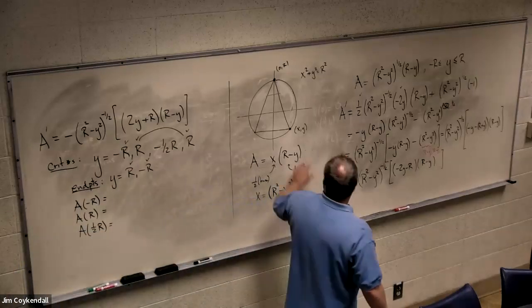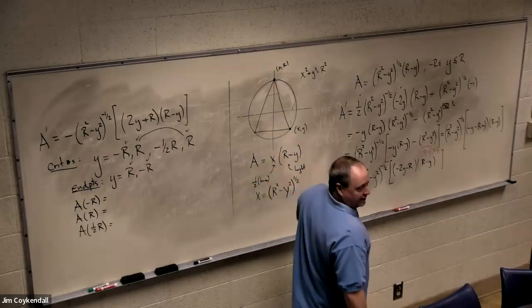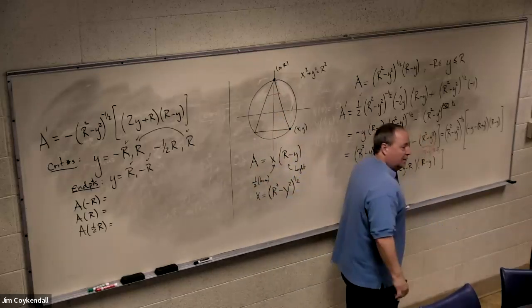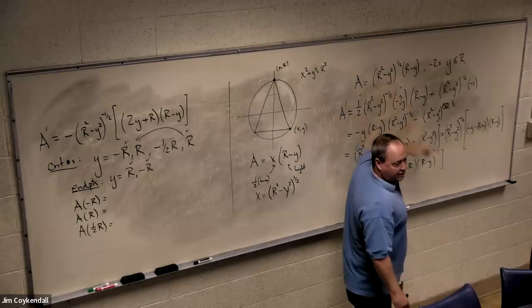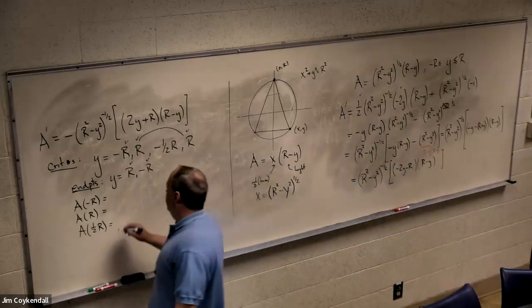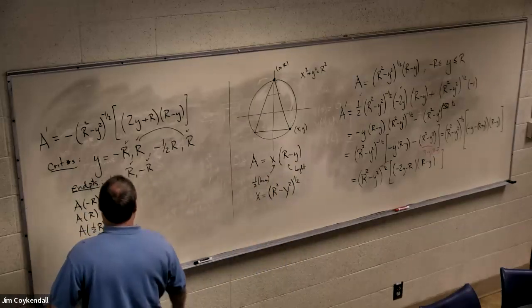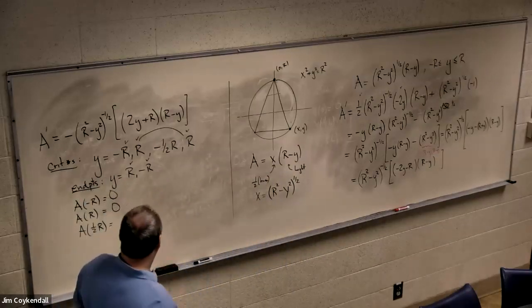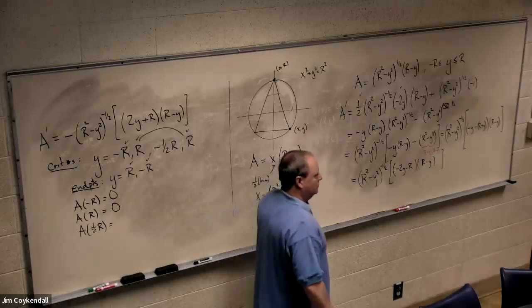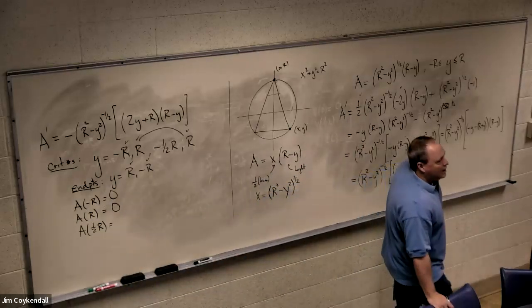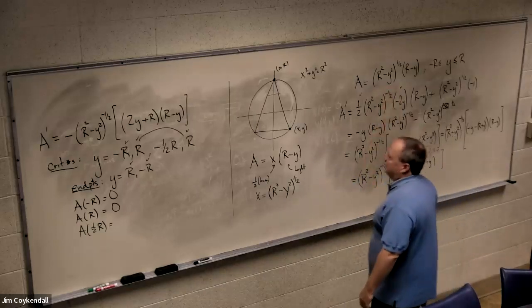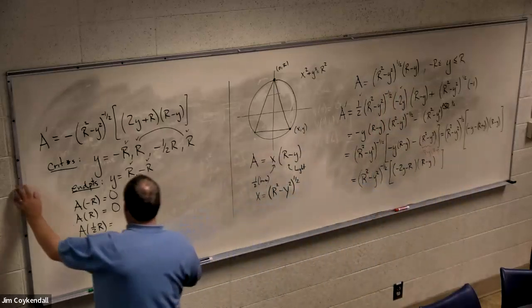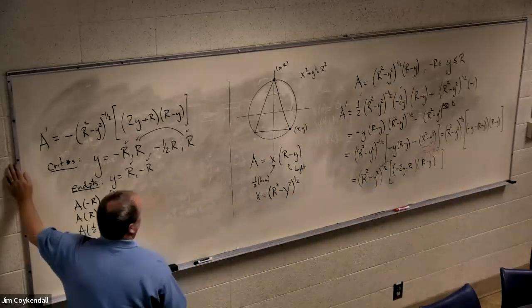Now, a of r and a of minus r, on my point triangle and my tall skinny triangle, they should be 0. But you can check here, when I plug in r or negative r, I get 0 in this term right here. So these are both 0. And the 1/2 r gives me something else. Let's see what this is. If it's positive, then